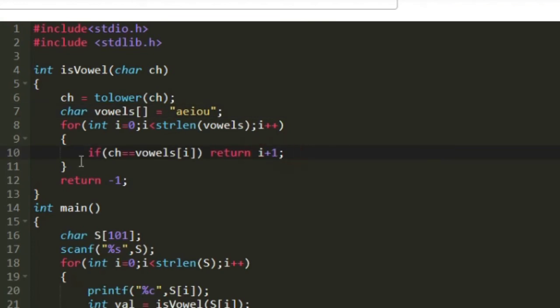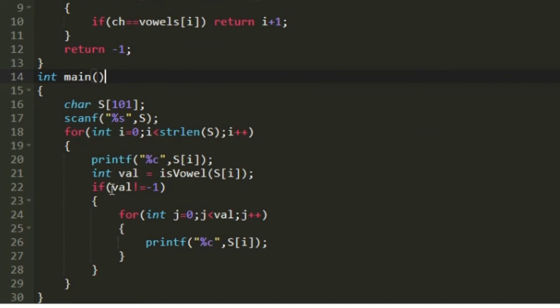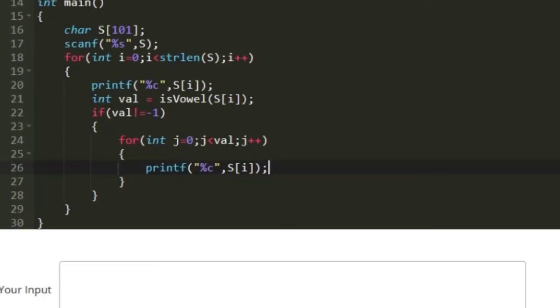That is how it is given in the question. So 0 plus 1 is 1. That is why we return I plus 1. And if the character is a consonant, then we finally return -1. This is how the function isVowel works. So if the function isVowel does not return -1, then we print the particular character for that many times, the value present in the variable VAL. Now let us check our program with sample test cases.